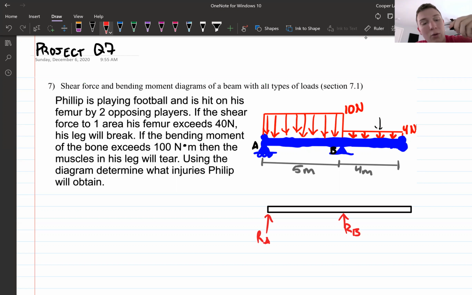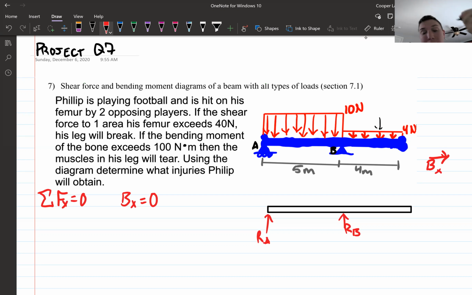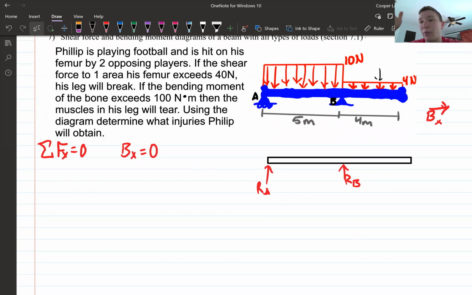The whole reasoning behind why it's just vertical is that technically I do need a B sub x going in this direction, and it's the only horizontal force, which means that when I do sigma F sub x equals 0, all I'm going to get is B sub x equals 0. So therefore I can just ignore B sub x. Now that I have my R sub A and R sub B, I'm going to get my forces coming down